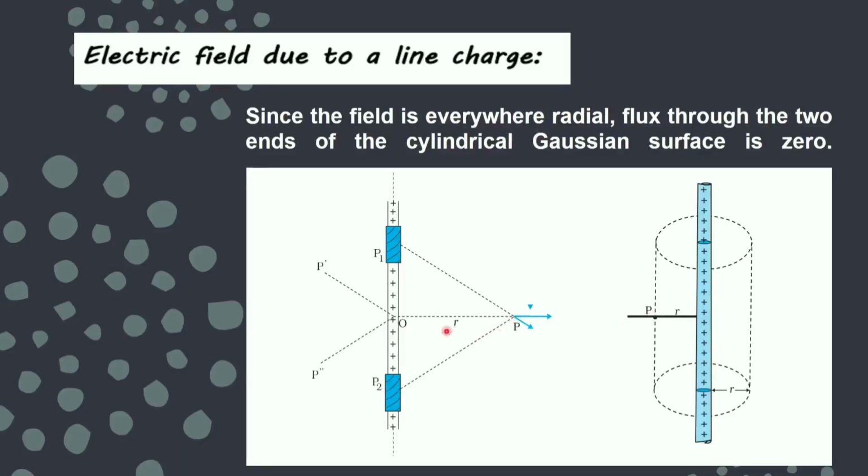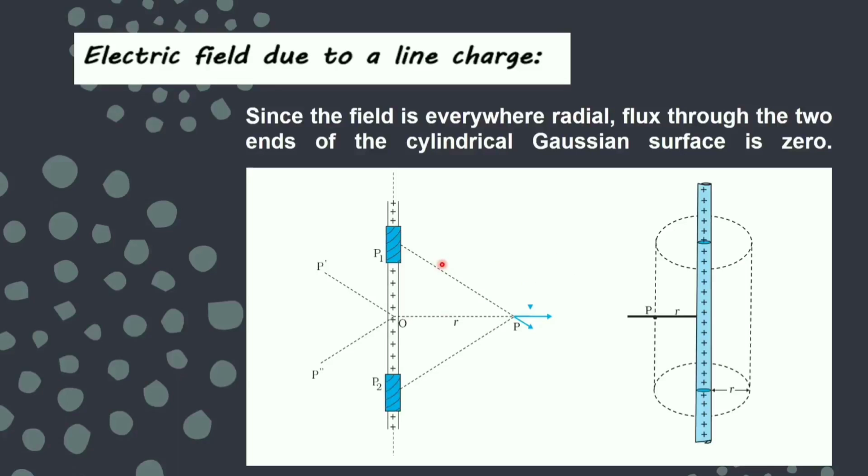So if I am taking my point P here, this is positively charged, then of course the electric field has to work in the outward direction as shown. This is the direction of the electric field, outward. If I am taking a small part of the line charge, then the direction of electric field will come like this. So same way I can take from the different parts and I can find the things.